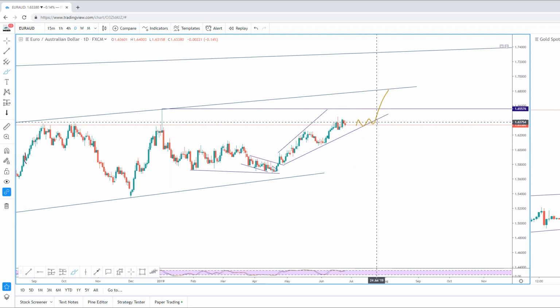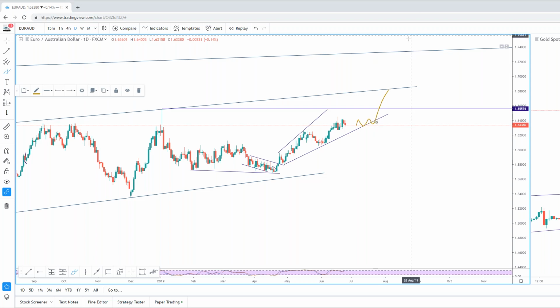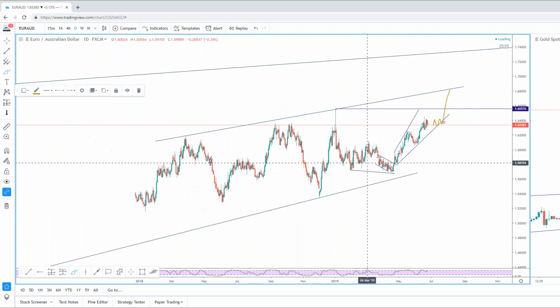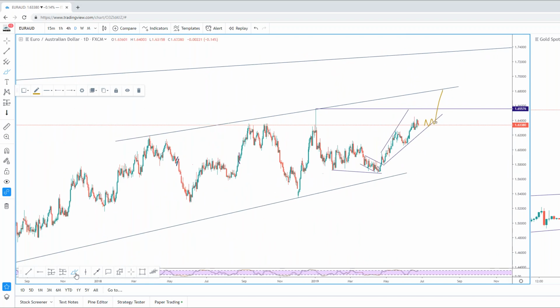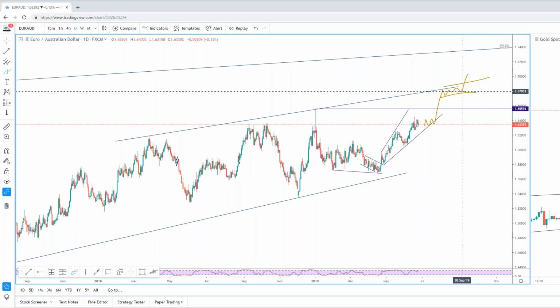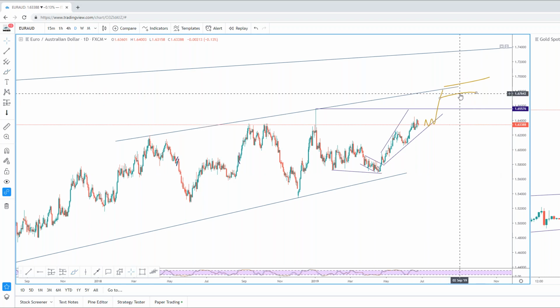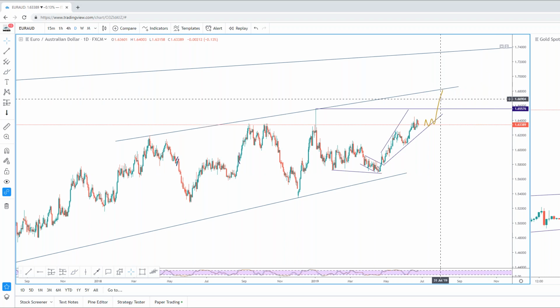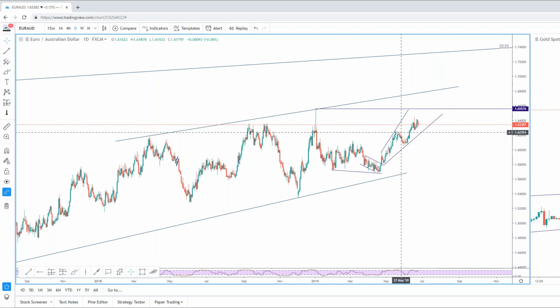I want it to break this trend line ever so slightly, get the herd caught on the wrong side to get short. And I want that to move higher up towards that 168 big round number into the outer structure. When it gets towards that outer structure, I want to see it move correctively and create a hover. And then this is where we'll either see it move up, or I'm going to be looking to take this and slam it. So I'm going to be smashing the bids if I possibly can. So short-term long, ultimately I want to be looking for shorts on Euro Aussie in time. I did actually get stopped out for a 1% loss in Euro Aussie recently when I was looking for shorts. At the moment, we're sitting on our hands.